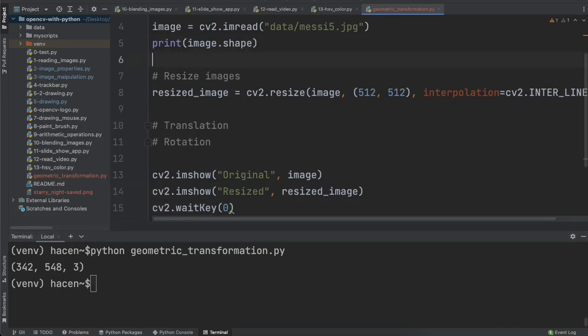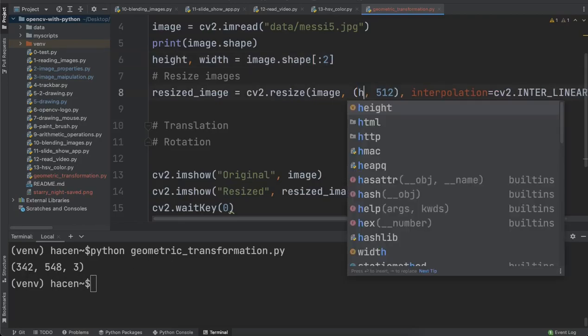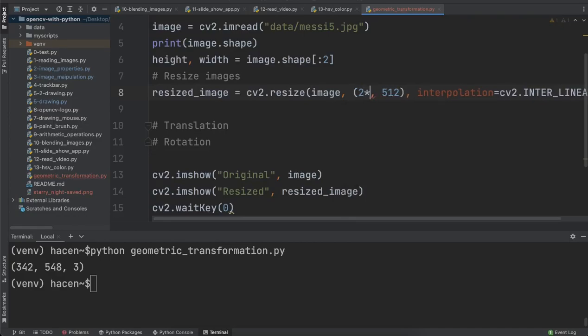So if I take the width and the height from image.shape, I take just the first two elements here, and give 2 times this height and also 2 times this width,